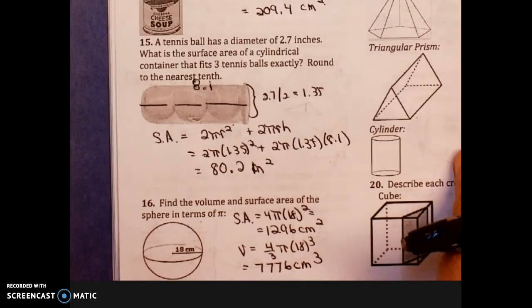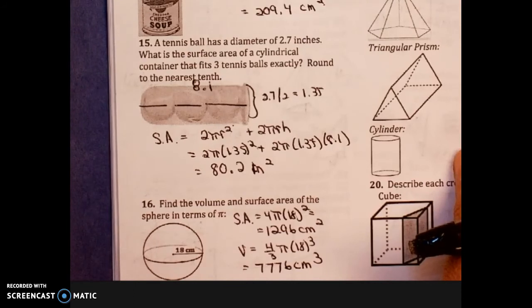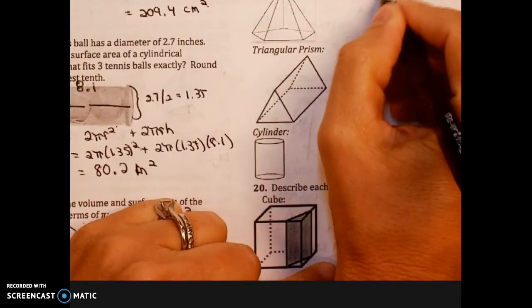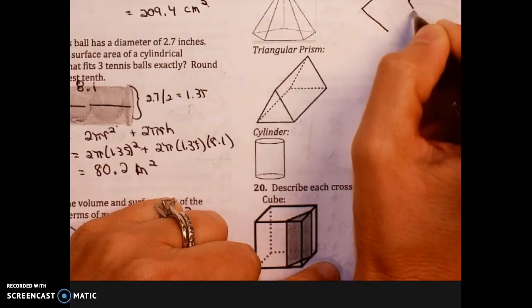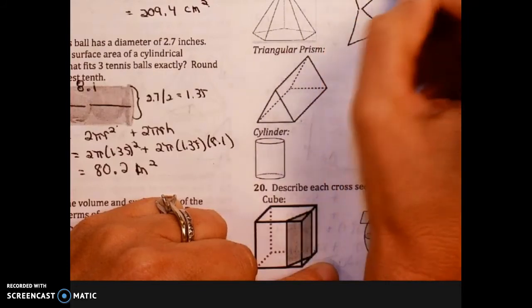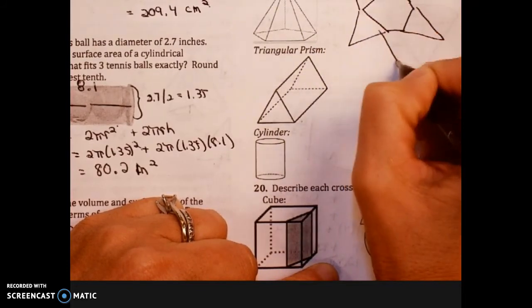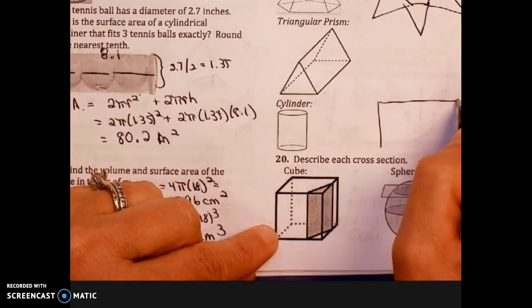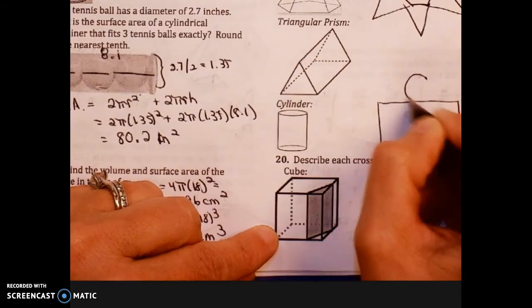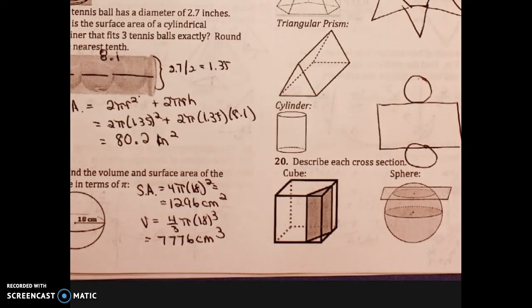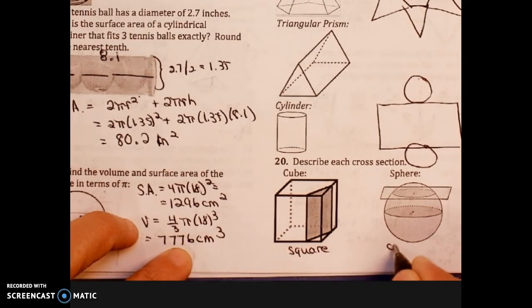Alright, let's go up to 17. And actually, I only have about 30 seconds, so let's go take a look at 19, and then I'll do a few more in the next one. So I'm looking for the net. So I'm going to start with that pyramid, and then if you can imagine, I'm unfolding all of those, and each one of those are triangles. Let's go take a look at the cylinder. If you can imagine, here's that label. I need to have a top, I need to have a bottom. And quickly squeezing